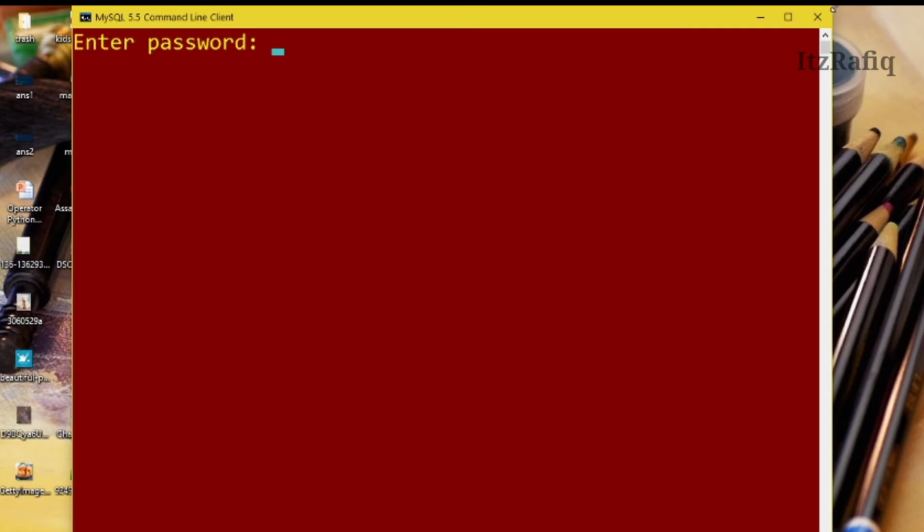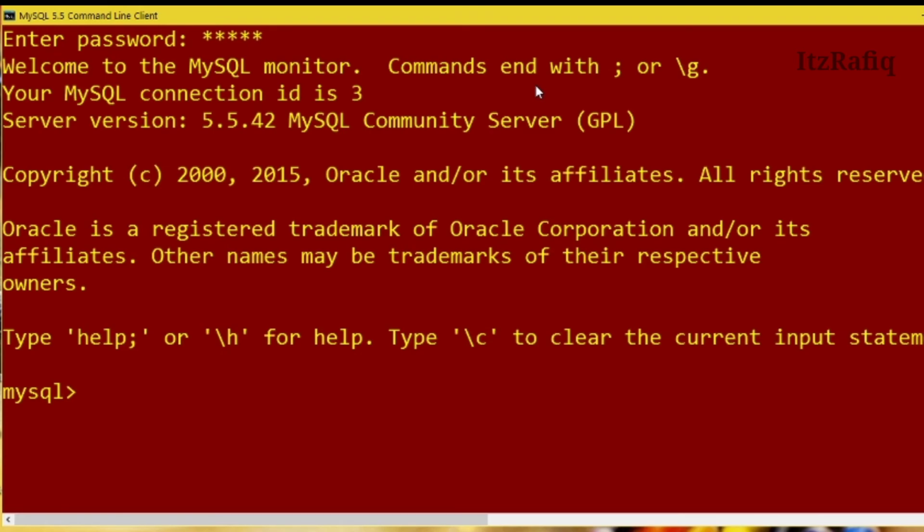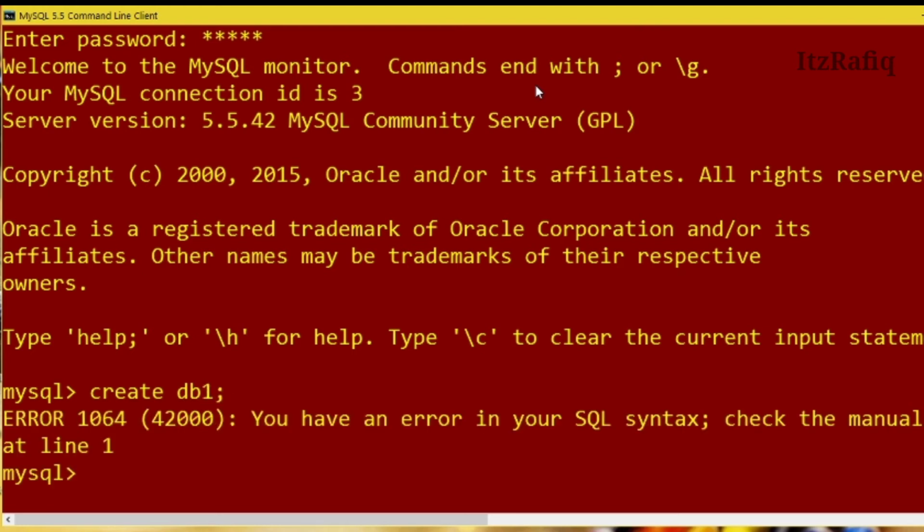So to create a database, first we have to open the MySQL console on our computer, type the password, then create a new database. If you want to use your existing database, you can write USE and your database name. Suppose I will create a new database, so you will write CREATE DATABASE db1; semicolon, enter.